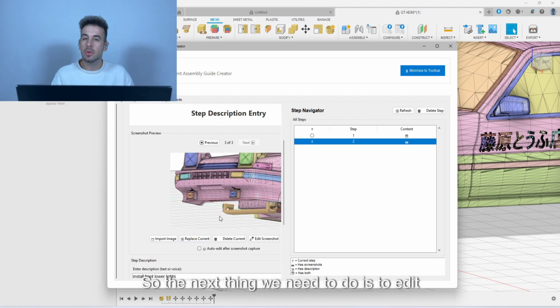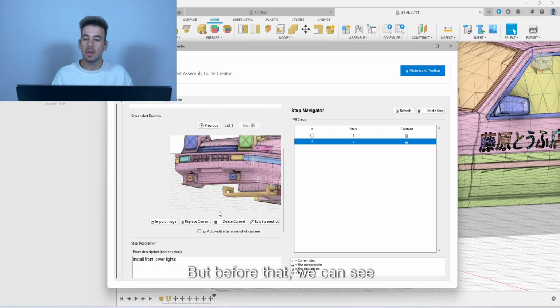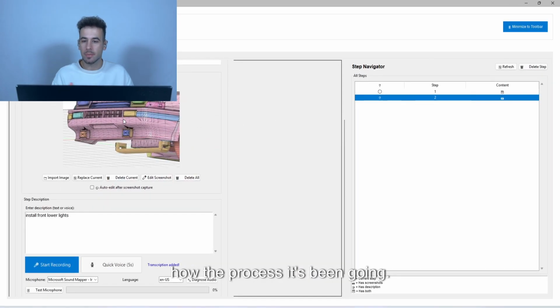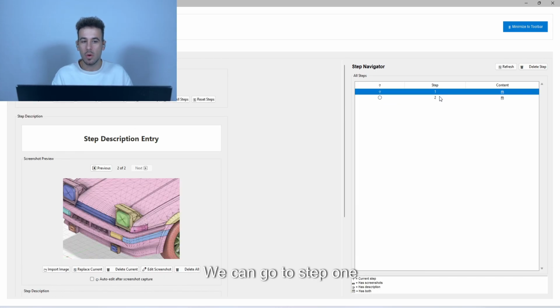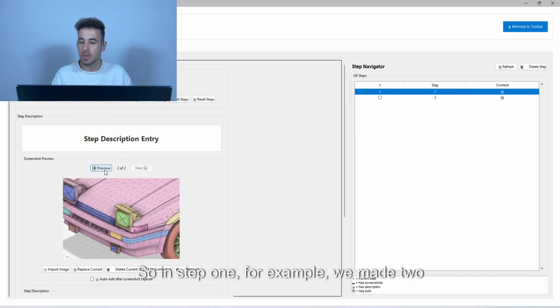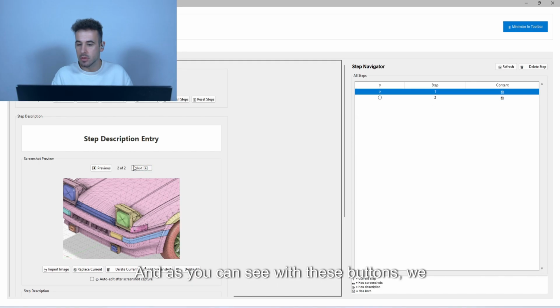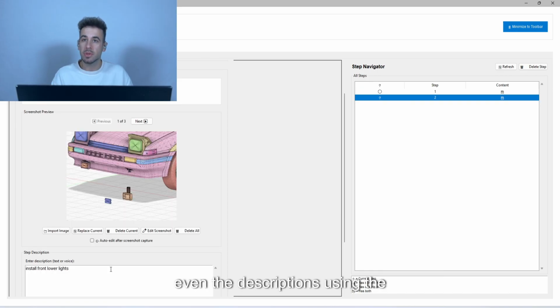So the next thing we need to do is to edit each screenshot. But before that, we can see how the process has been going. So as you can see, here we have the step navigator. We can go to step 1 or to step 2. So in step 1, for example, we made 2 screenshots. And as you can see with these buttons, we can see how the components had been added, even the descriptions